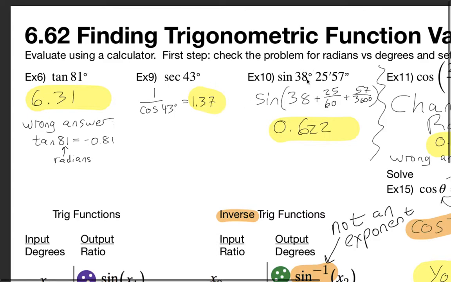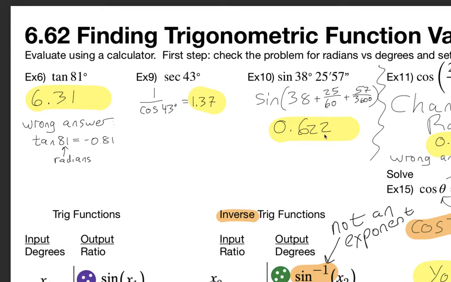Most calculators aren't able to distinguish degrees, minutes, and seconds. So you have to first convert it like this: the sine of 38 degrees plus 25 over 60 minutes. There's 60 minutes in a degree, and 3,600 seconds in a degree. So you could put these numbers like this, and you can even type this directly into your calculator. The shortest way to do it would be to write this out, and then boom,